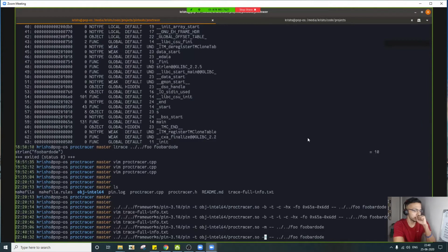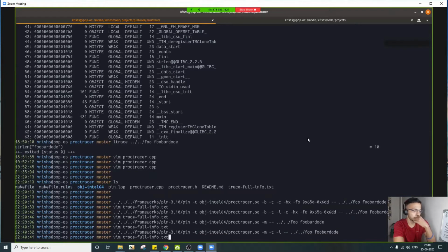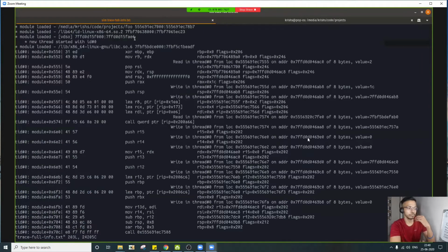Similarly, if you want to try out different threads, also instructions, you will see the module load activity and the executing instructions. The executing instructions are formatted by thread ID, because at a time we have multiple threads running.